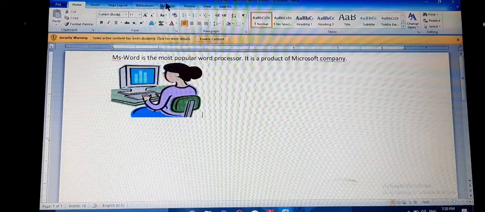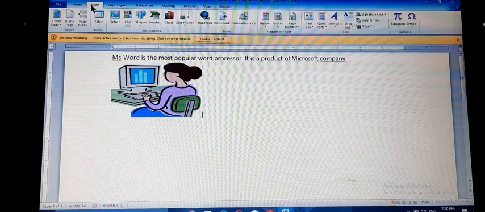Next, this is the tabs bar. These are called tabs: File, Home, Insert, Page Layout, Reference, Mailing, Review, View, Add-ins. These are the tabs available in the software. Each tab contains some groups, and each group contains some related options.